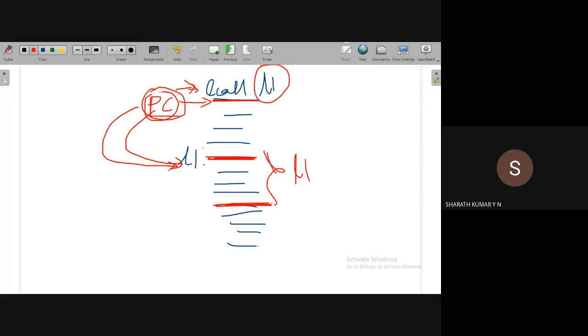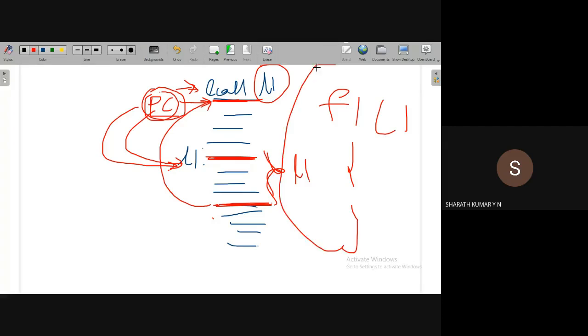But after executing the subroutine, we should go back to this instruction only, the next instruction next to L call. How does the compiler, or how does the assembler, know the return address of the subroutine? So the return address of the main program. Say, for example, in the C language we call a function. We execute the function. We should go back to the main program which had called the function F1. So that return address is important.